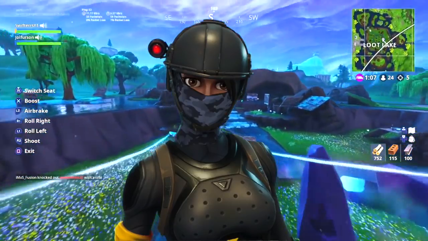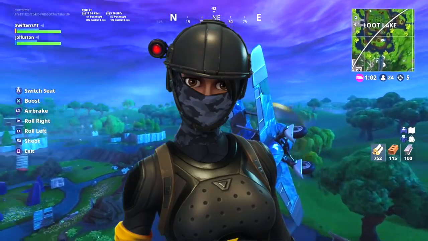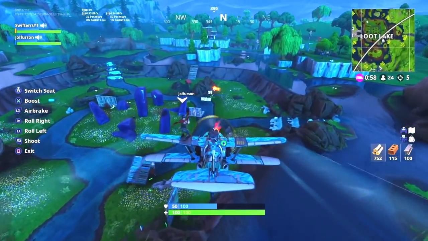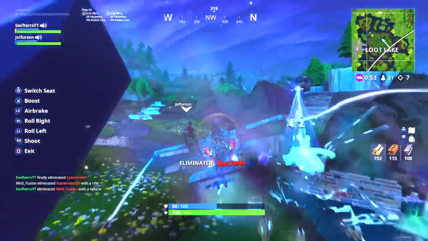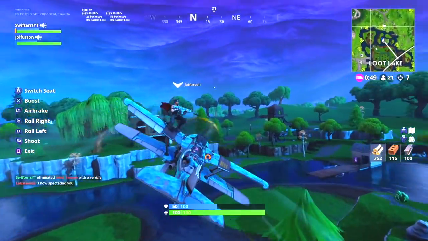Now, for those of you who don't know, the Elite Agent is a skin which first came to Fortnite back in the Season 3 Battle Pass, and if I'm not mistaken, I believe this skin was available at possibly tier 87 of the Season 3 Battle Pass. I'm not 100% sure, but of course, the Elite Agent is a pretty awesome looking skin,